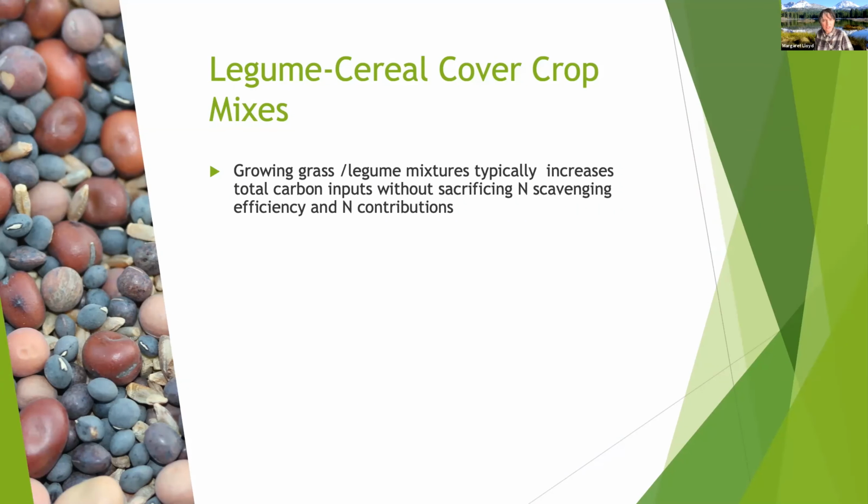The legume cereal cover crop mixes are one way to capture the qualities of both a cereal crop and a legume crop. They can provide a robust system with the capacity to both scavenge the residual soil N, but also utilize atmospheric N and grow abundantly even in low N conditions.